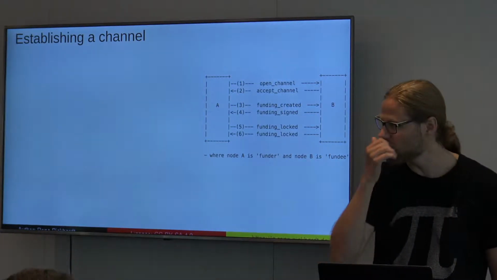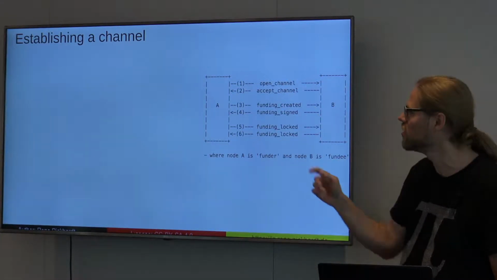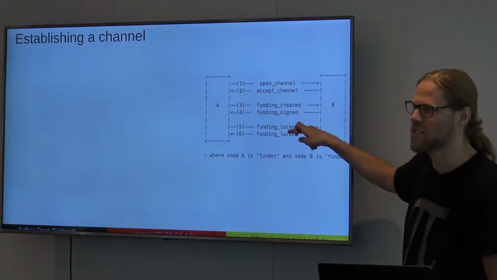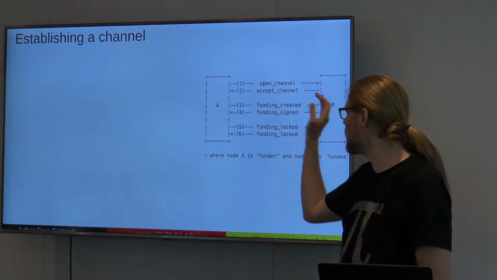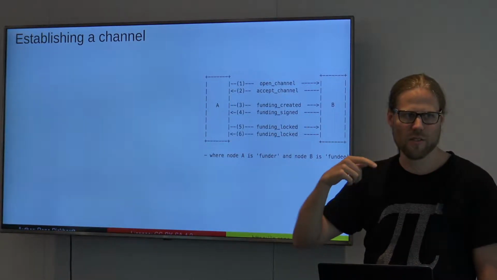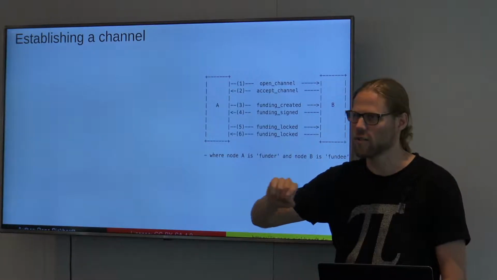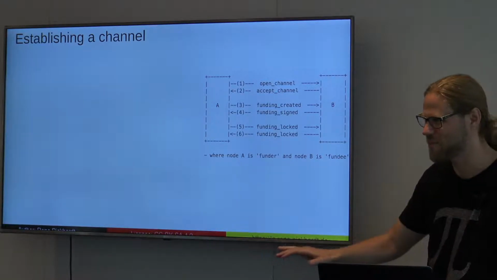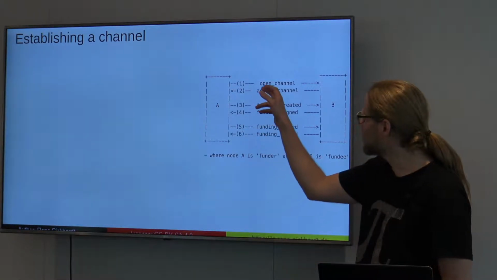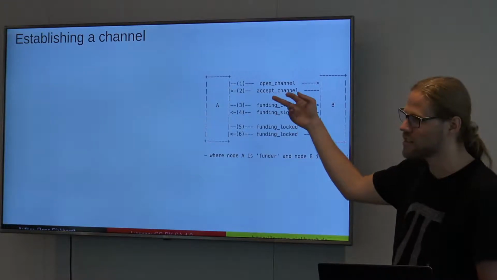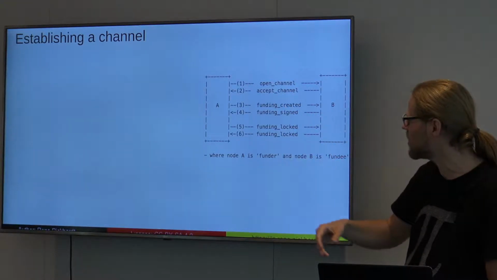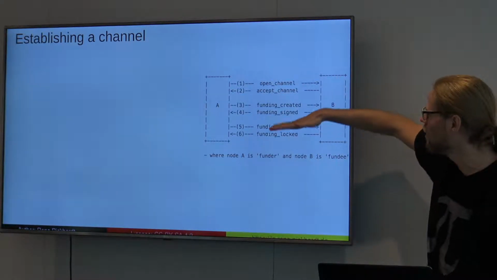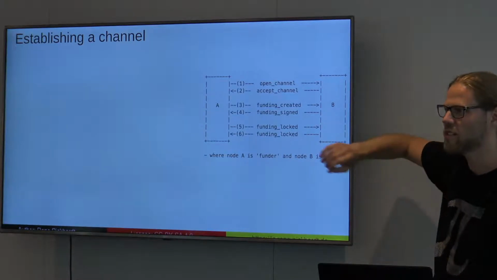How does this really work? This is the typical graphic that you often see. These are names of Lightning messages, right? There are two peers, A and B, and they already have a connection, so they peered, right? The key exchange with the Noise XK protocol all worked. As I said, it's assumed that the transport is there. And then you have these messages: the open channel message, the accept channel message, the funding created, funding signed, and funding locked messages. And this is basically the workflow of how these messages are being sent to each other.